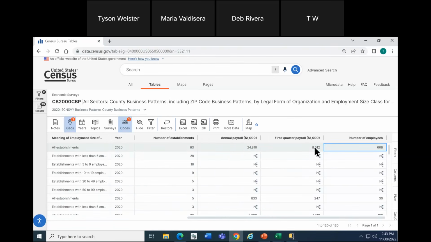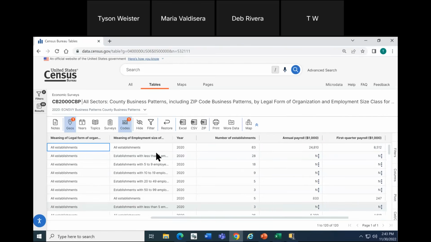And then on the right-hand side, as you scroll through the table, for each of those unique combinations of categories, the site's going to tell you the total number of establishments, their annual payroll, first quarter payroll, and number of employees. On the bottom, notice there are 120 data rows in this table.